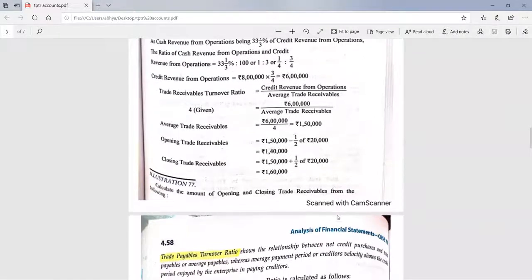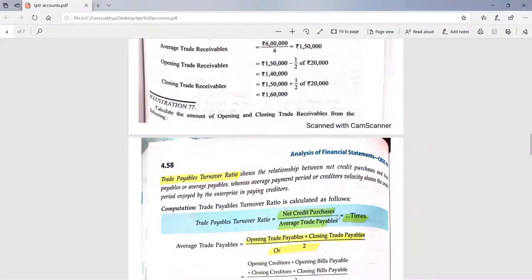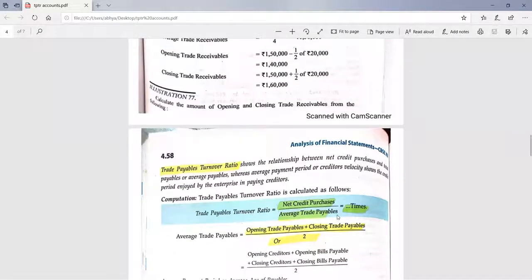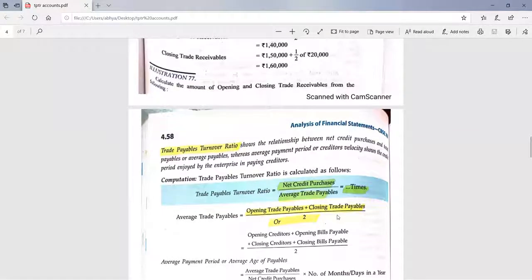So write down the next formula, which is trade payable turnover ratio. It is very easy. When you have done the inventory turnover ratio and trade receivable turnover ratio, both of these were a little bit difficult as compared to others. But the rest two ratios which are left in this portion are very easy. So trade payable turnover ratio is the third ratio. Everything will remain same. Only one thing will change: whatever formula we have done in trade receivable turnover ratio, both the variables in the formula will be replaced by trade payables.